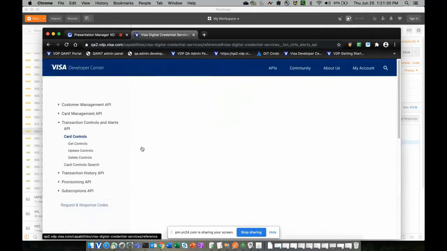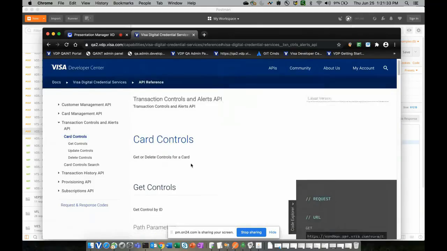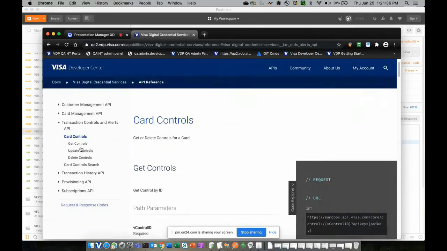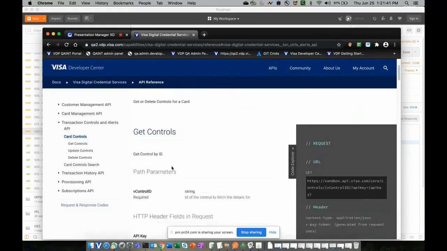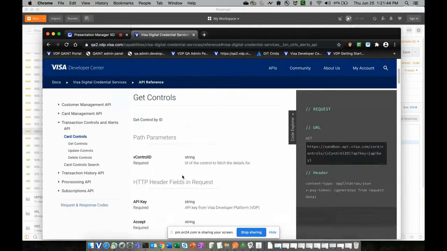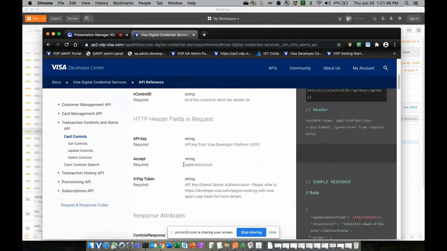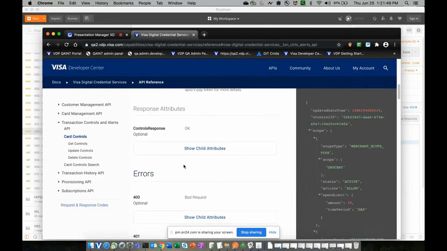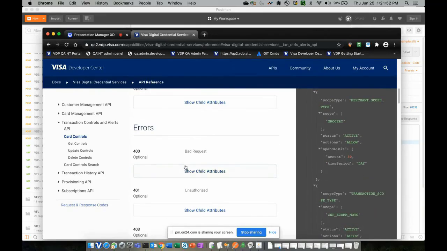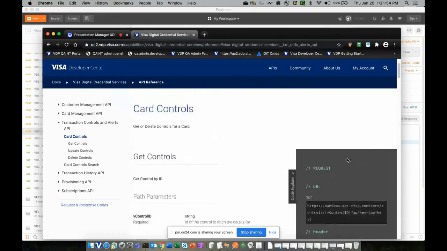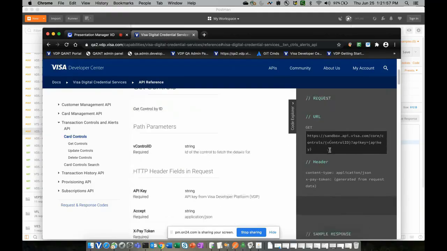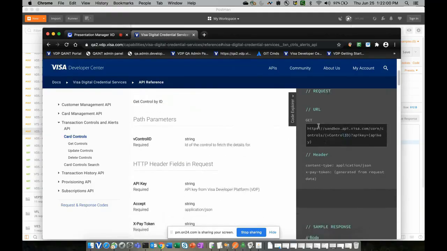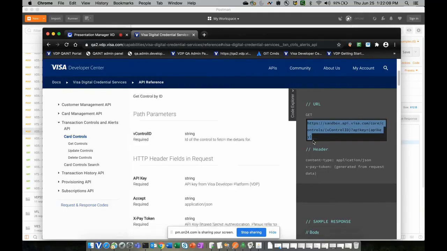When you click on API reference, it lands you on a page which has information about that API. Typically it lists out all the endpoints which are under the particular API. The center section tells you what the headers, params, and request and response attributes are for each and every endpoint. And this window on the right side is called the Code Explorer window. Here you have the VDP URL. This VDP URL is the URL that you use to actually make this API call.